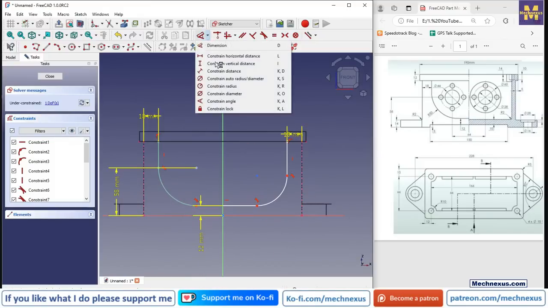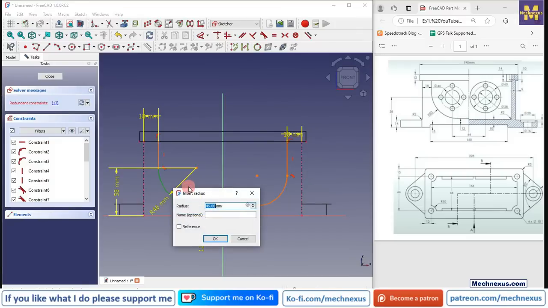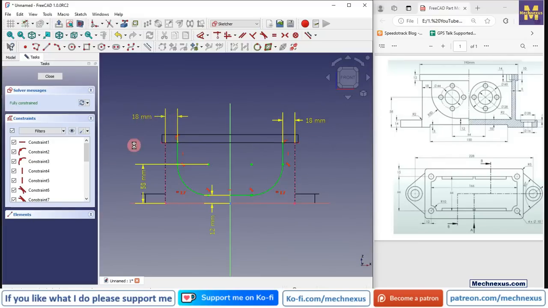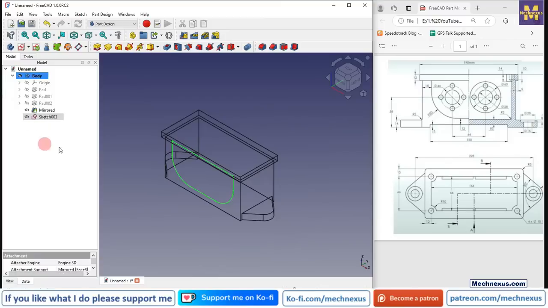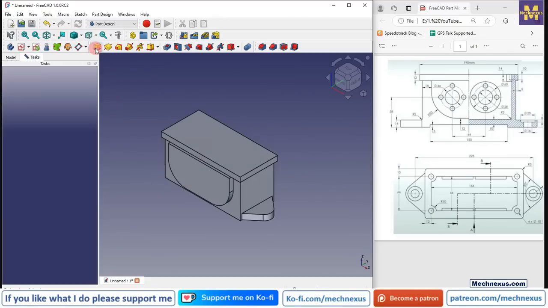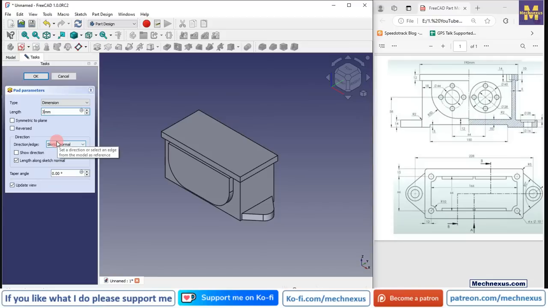So just cross check the radius how much it is. So this is the 46, not 50, so correct this as well. Now select this and this and add equal constraint. Now we will close it, switch to the flat lines, select the sketch, click on the pad and provide here 3 mm,